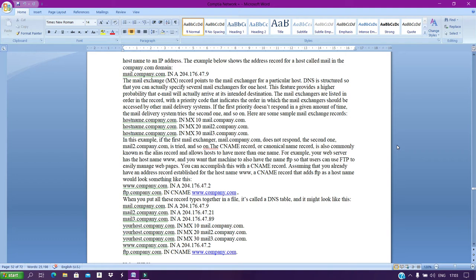www.company.com IN A 204.176.47.2. ftp.company.com CNAME www.company.com. When you put all these record types together in a file, it's called a DNS table, and it might look something like this: